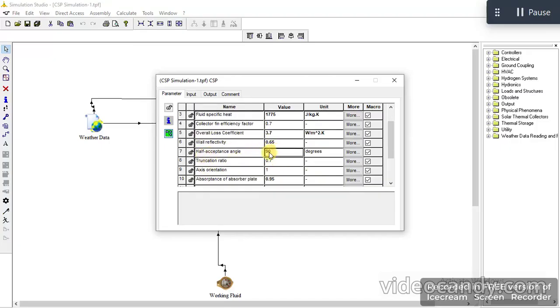In 90 you can also take 65, 75, 45 according to your calculations. Absorbance of the absorber tube, because in my case the receiver tube and trough are both stainless steel, so I added the absorbance 0.95. Input parameters: inlet temperature